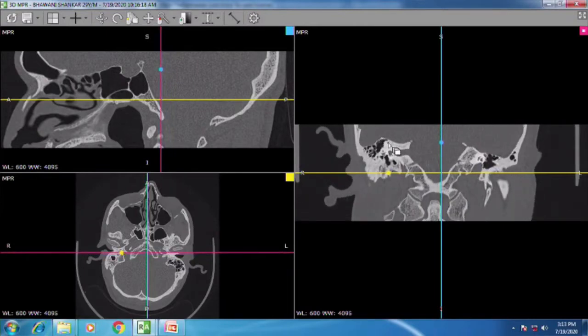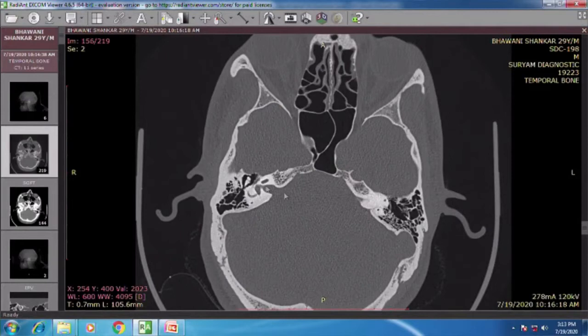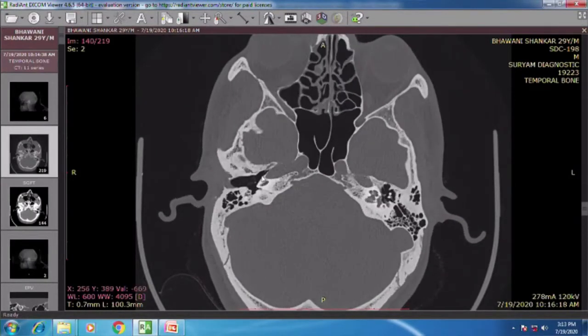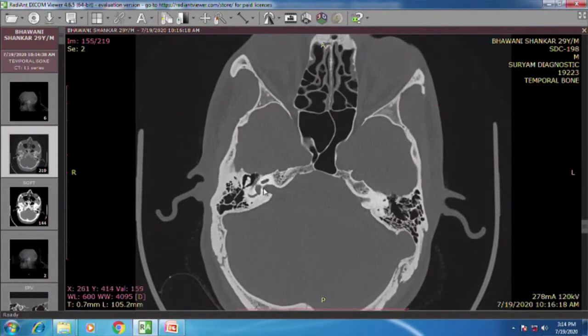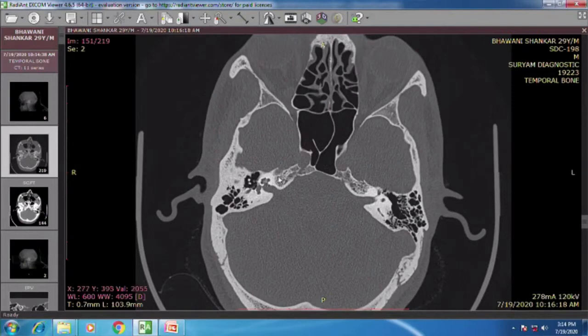See this? Absolutely intact. Intact bone over it. So you need to rule out third window lesions because of any communication to the subarachnoid space with the carotid artery. See the carotid cochlear, this septum is intact. All semicircular canals are intact. This is lateral canal, vestibule is normal in size, and the cochlea is normal with normal aperture, normal modiolus. Just to quickly recapitulate what we need to see. So by and large the inner ear is absolutely normal.